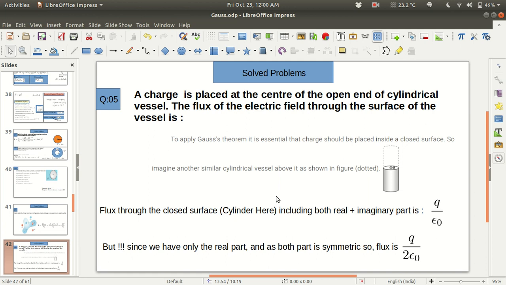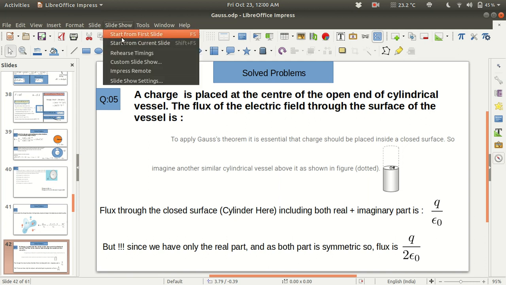Hello everyone. So in this part, I will talk about some other examples of Gauss's law, and I will tell you how to calculate the flux due to some other surfaces. Here, mostly due to cubes and the cylindrical surfaces. So let's have a look at the first example.